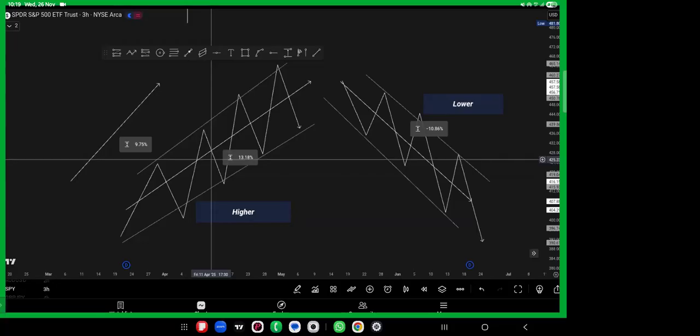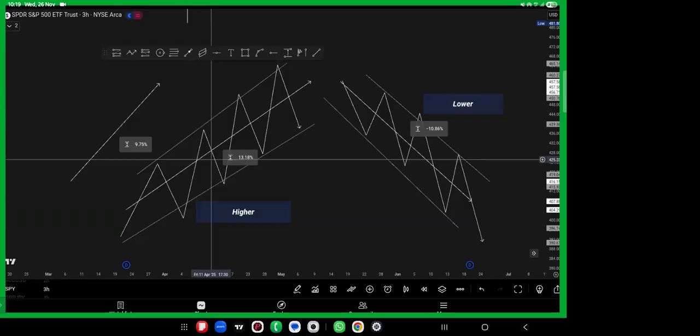Those are the two we have: higher high, higher low. So it has to be a higher high, or a sequence of higher high and higher low. Now, when I say sequence, it simply means the way something forms, the progression of that particular thing, forming over and over again.